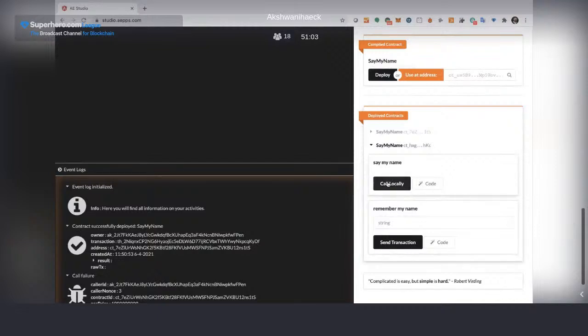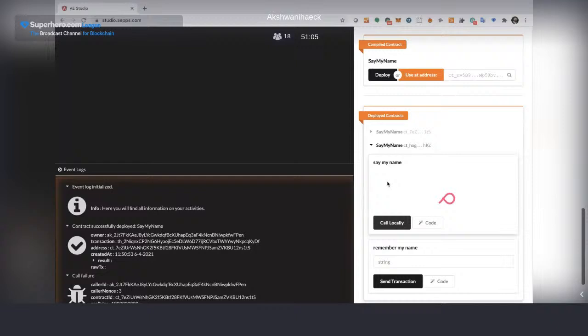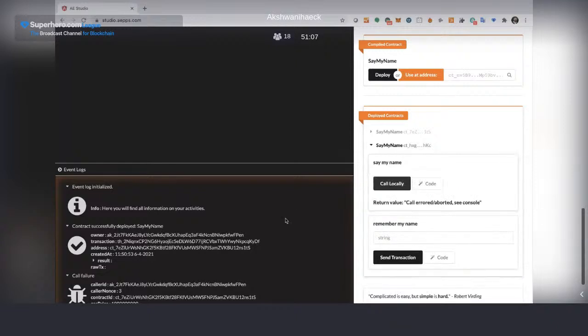So if I call to say my name, I should get the same error because there is no name. It's a new contract. There is nothing on the state yet, more than the init that is empty. My name is completely empty yet. So I will remember my name, and now I should see the new version of the entry point that I made.